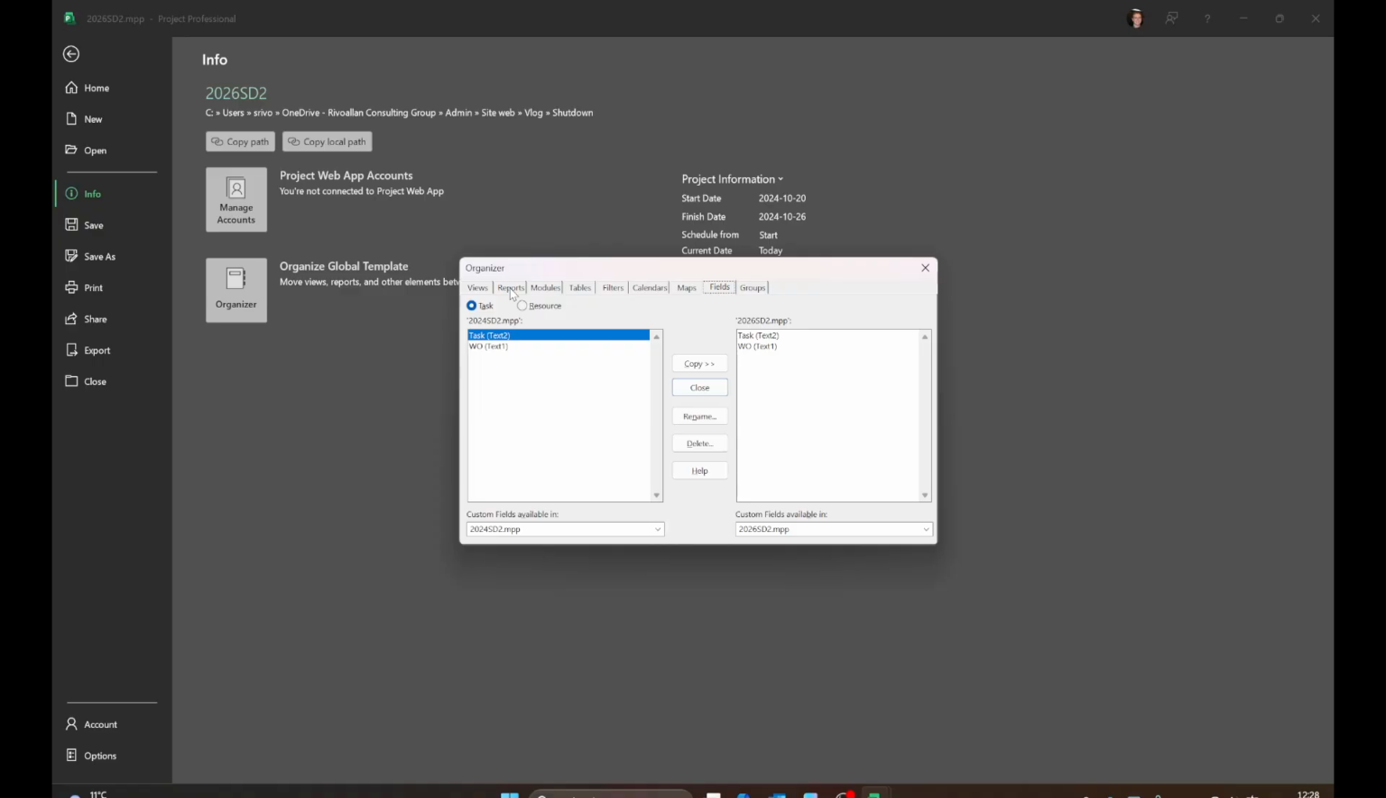Another last thing about the organizer, if I go back into the report, I just want to talk a little more about the global.mpt. If you want something to be available all the time in your MS Project, you should copy it to your global.mpt file, which is your master file. But be careful: what is here and not in the specific project